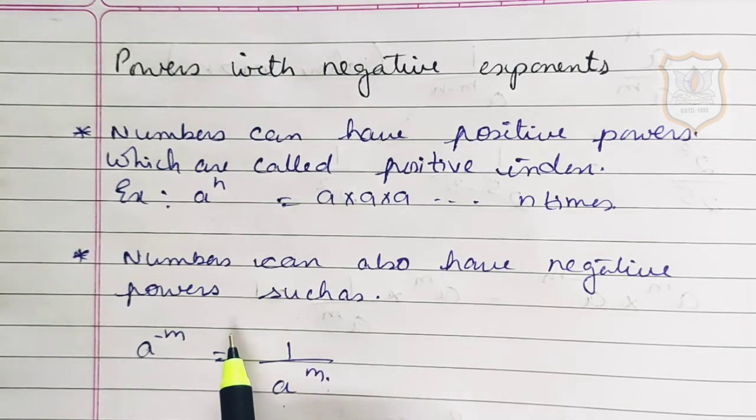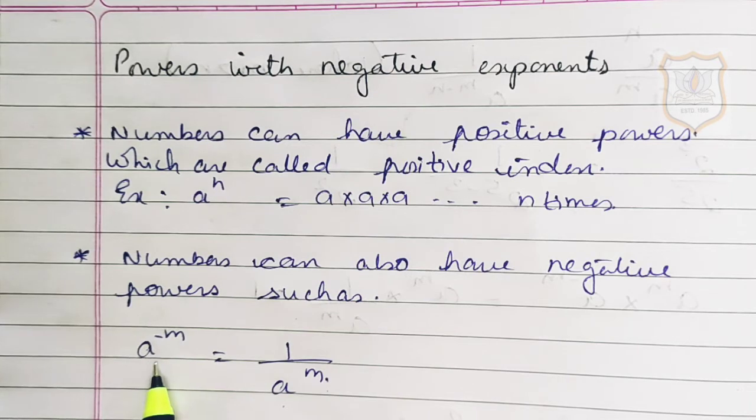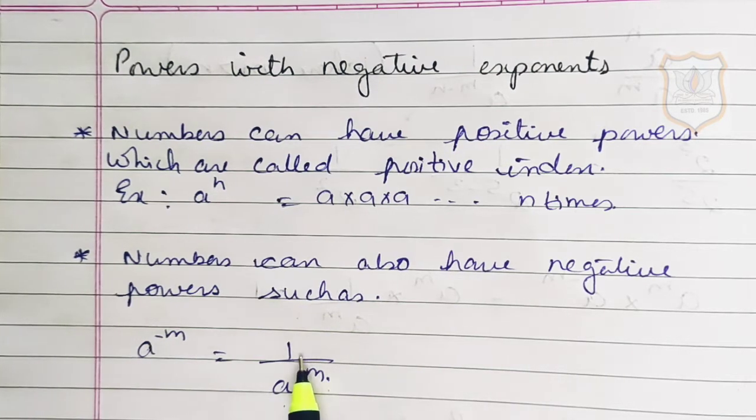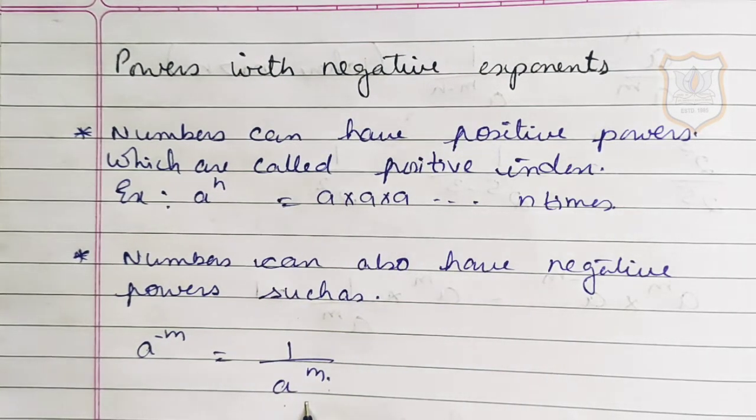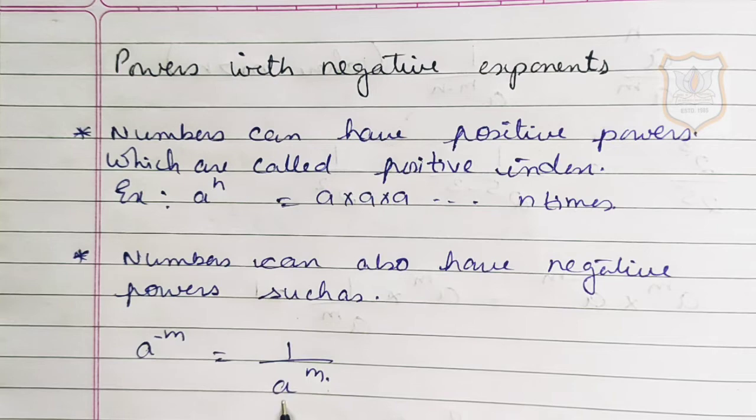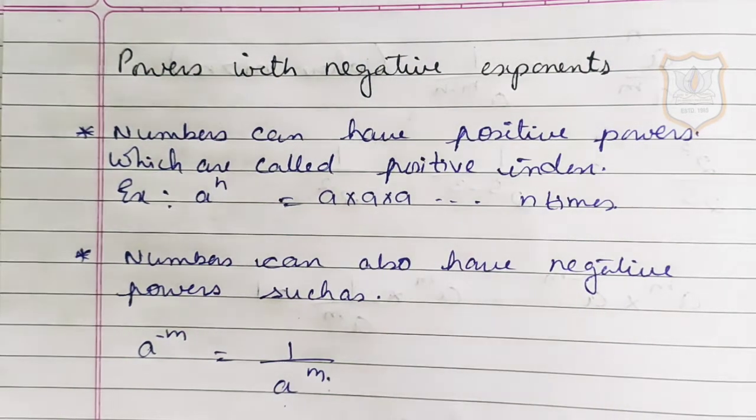Students, जो एक्सपोनेंट है वो नेगेटिव भी हो सकता है, जैसे यहाँ पे एग्जाम्पल है a raised to negative m. तो जो नेगेटिव साइन है वो रिमूव करने के लिए आपको a को डिनोमिनेटर में लिखना है. सो वी विल राइट इट एज 1 अपॉन a रेज टू पावर m.